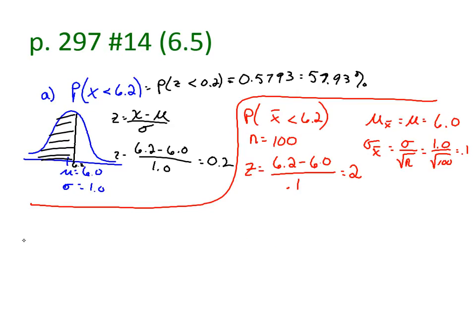So when I'm looking at it, even though it's a normal distribution, this one's going to have a lot less variation. It's going to kind of jump up, but it's going to be a lot skinnier. And so when you're looking at this, we're still having our mean of 6, but our standard deviation is going to be